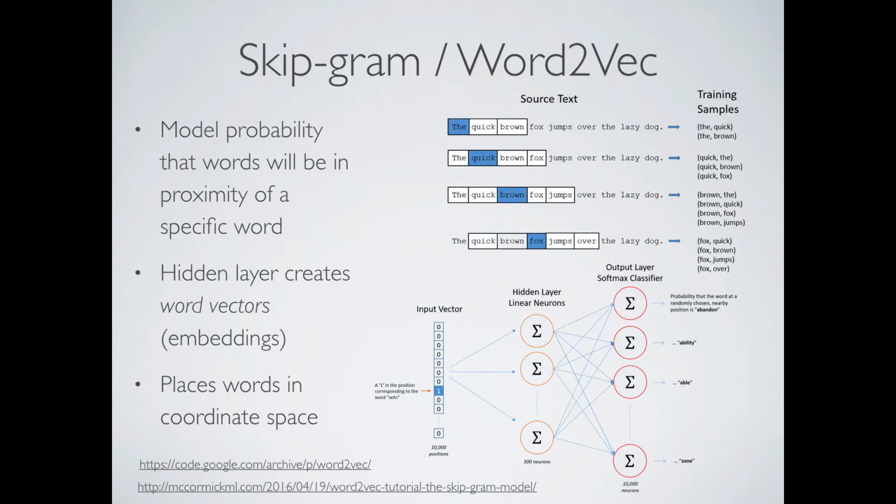The end result of this model is that there was now a model able to project words into a coordinate space. So now you can actually see the proximity of words, like the word king is close to the word queen. And you can do some really interesting mathematical operations, like king minus man equals queen, which is really, really cool.